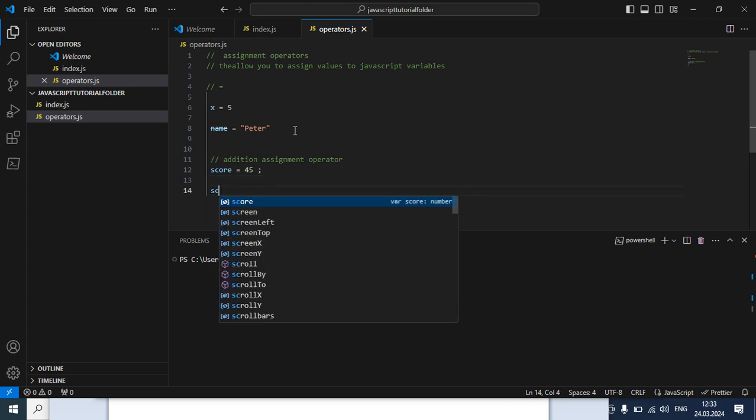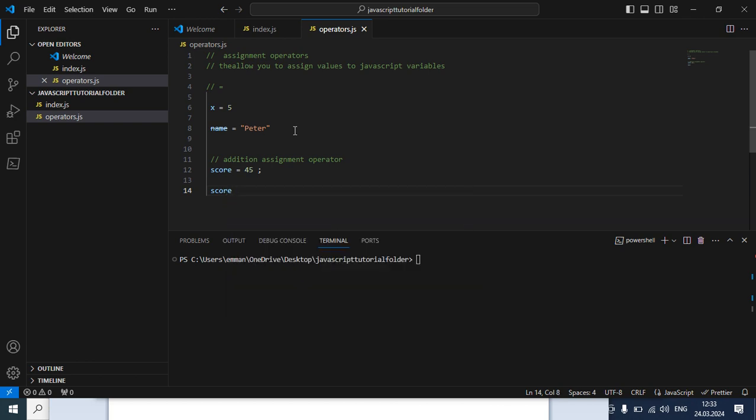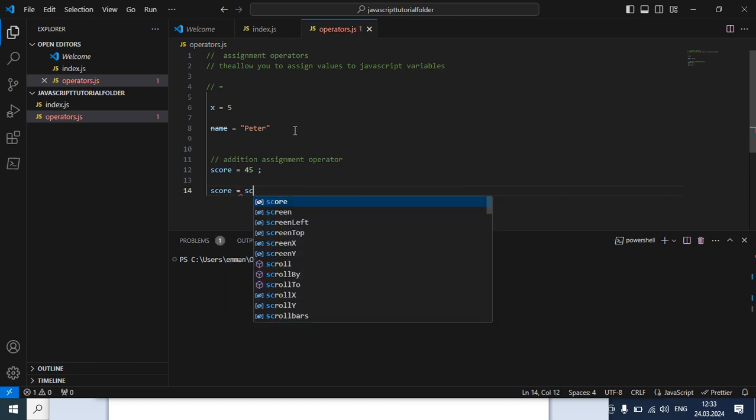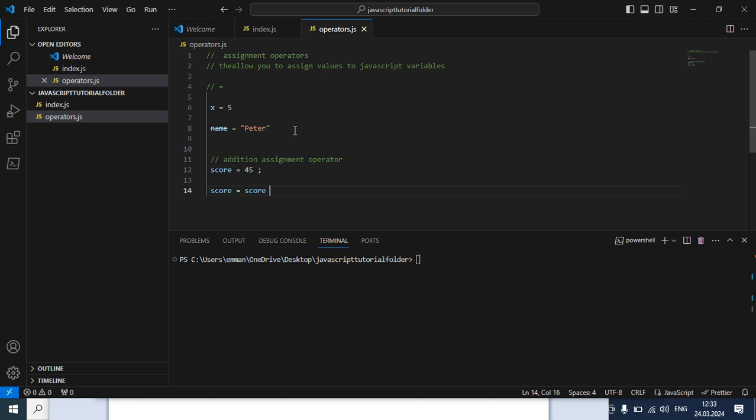You can say the new score will be score plus 5. So instead of repeating score, writing it this way, you can use the addition assignment operator to write it like this: